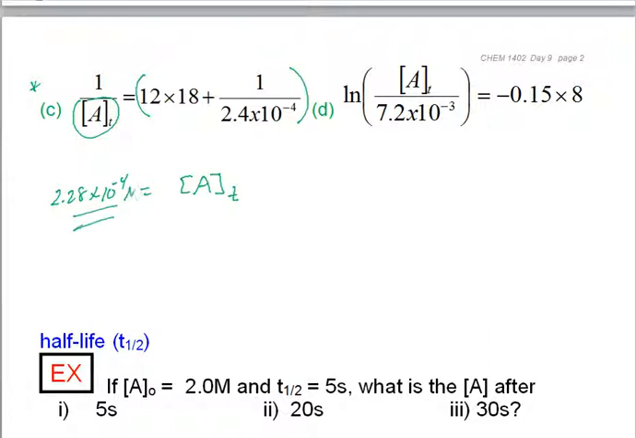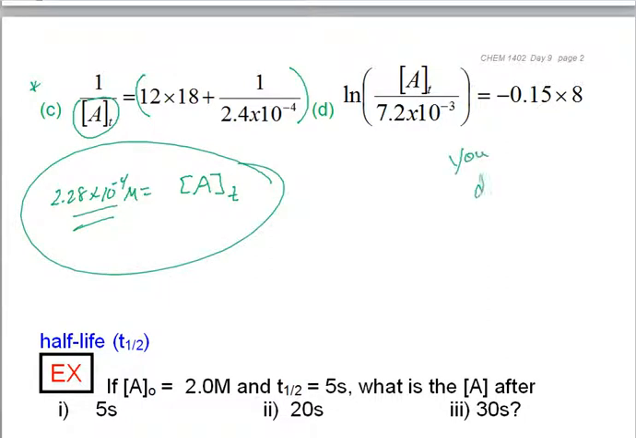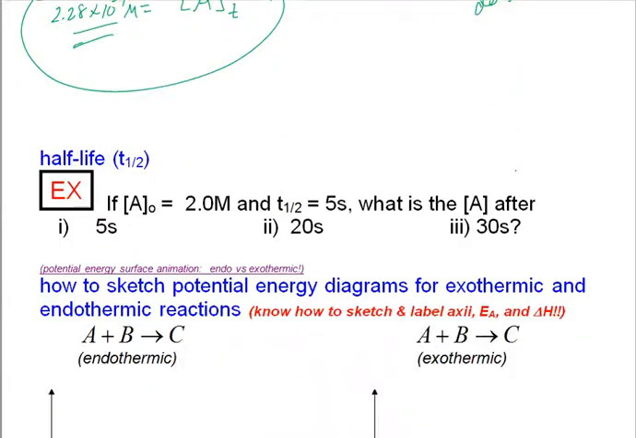Oh, I guess you should put units, big M. So you can do this later at the end of the hour if we have time. Okay? It's pretty much the same thing again. So let's try